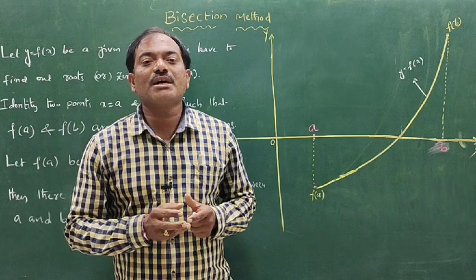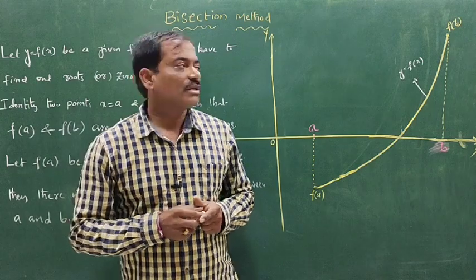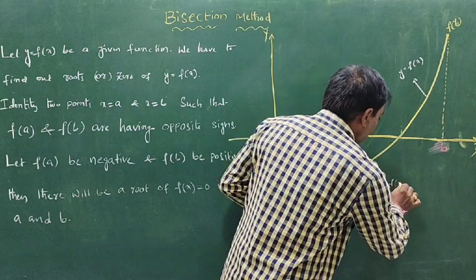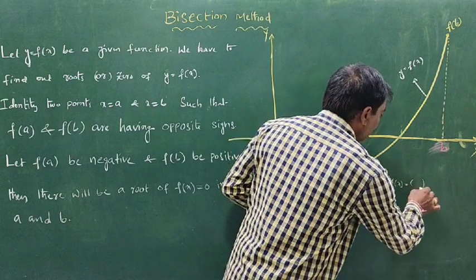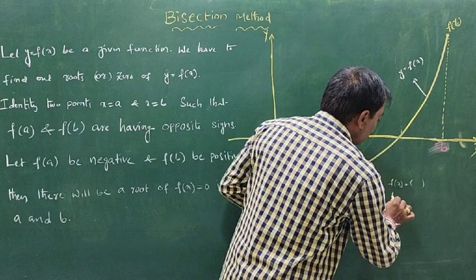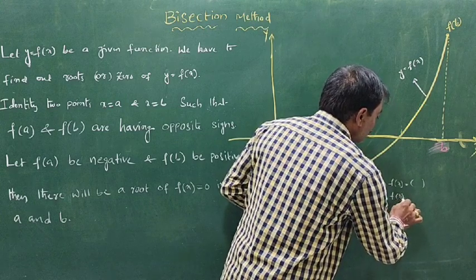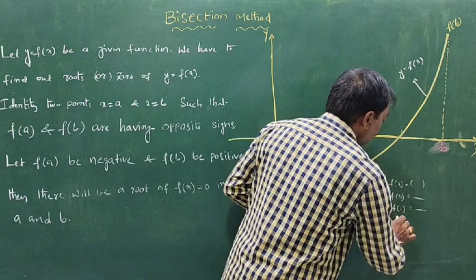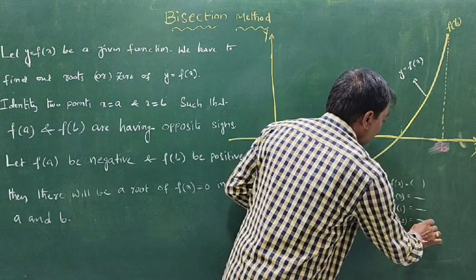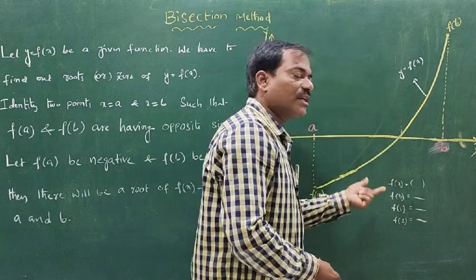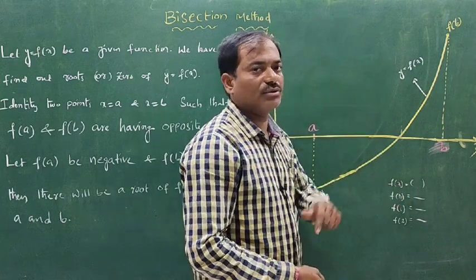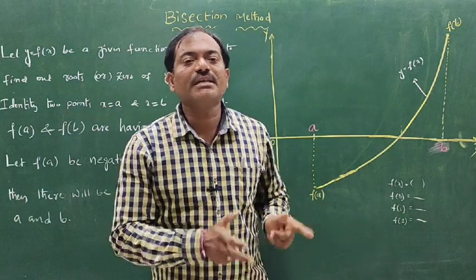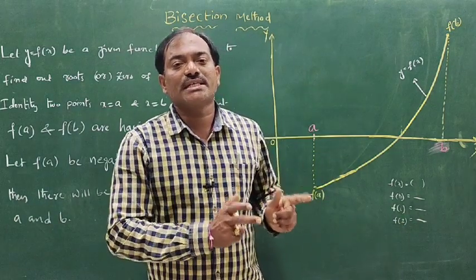So what is the meaning of the trial and error method? Here we have written one example. Here f of x equal to, for example, some function is given. We have to substitute the values. When x equal to 0, we get one function value. When x equal to 1, we get another function value. When x equal to 2, we get another function value. So when x values are substituted, we get function values. Now by using the trial and error method, first we identify the interval in which the root lies.